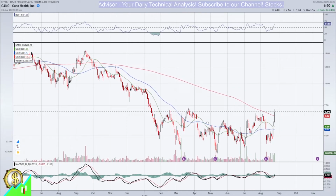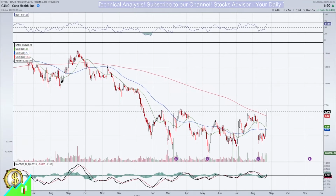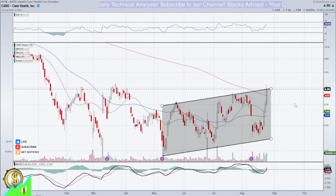So first of all, of course, we can say there is a channel and this is here. So let's quickly draw it. We see this one clear positive channel, which was followed by some negative action we saw here from actually October or even mid of September of previous year, and now it's finally turned. But the question is now what's next, because if you look more carefully here, we just pierced today upwards moving